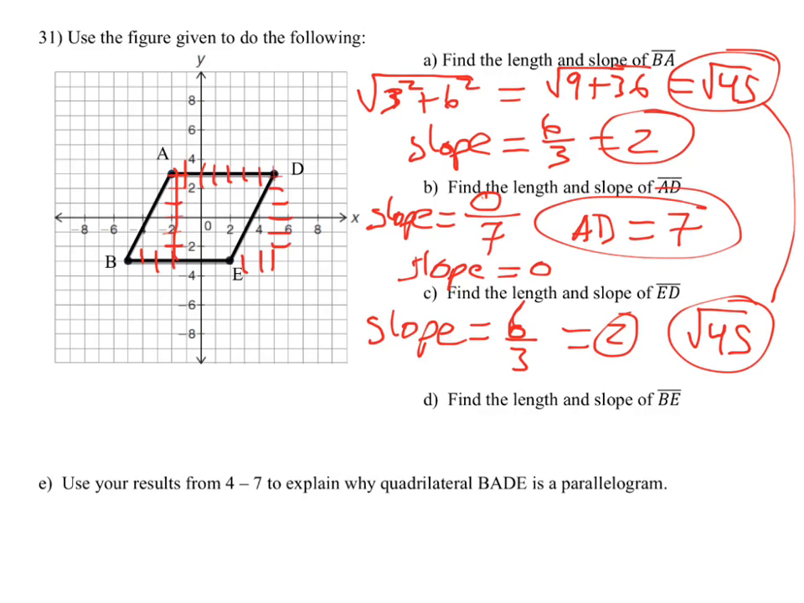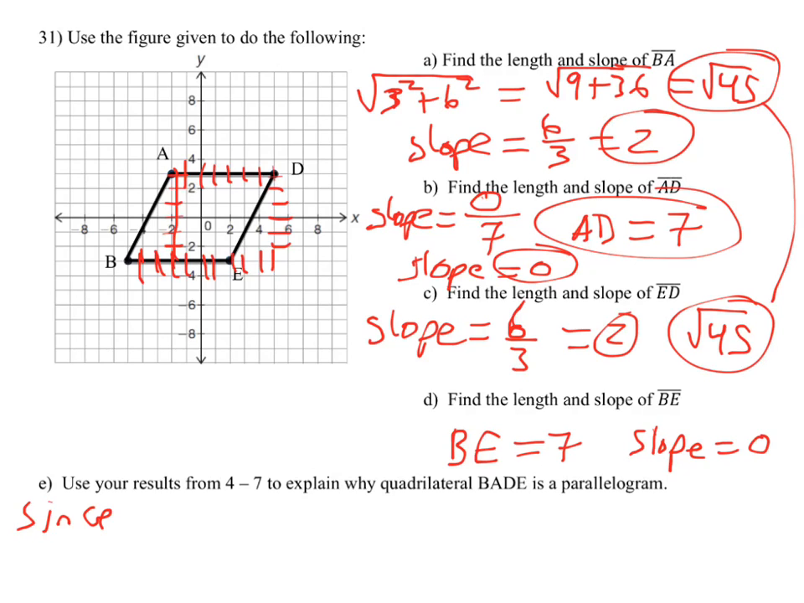is, in fact, 0. And BE, we get the same, starting on 1, 2, 3, 4, 5, 6, 7. So from B to E is 7, and the slope is 0. It matches up. And then for the last part, use results and explain why it's a parallelogram. Well, since the opposite sides match, and the slopes for those opposite sides match, this is a